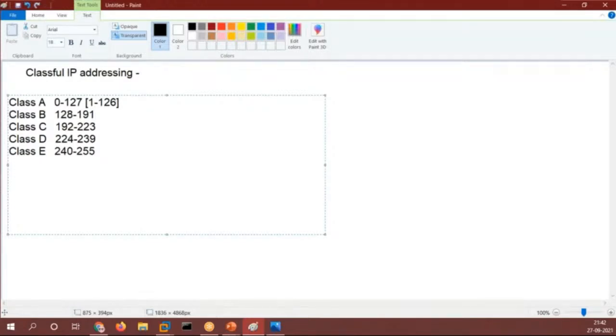Now we have something called the subnet mask. The subnet mask separates your network bits and the host bits. The subnet mask for class A is 255.0.0.0.